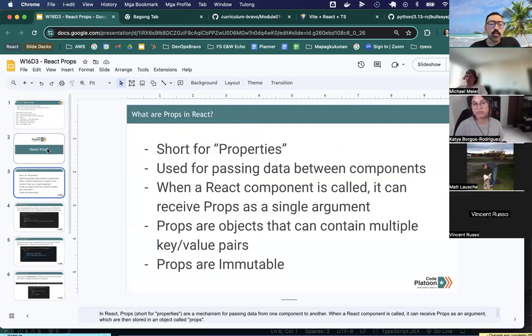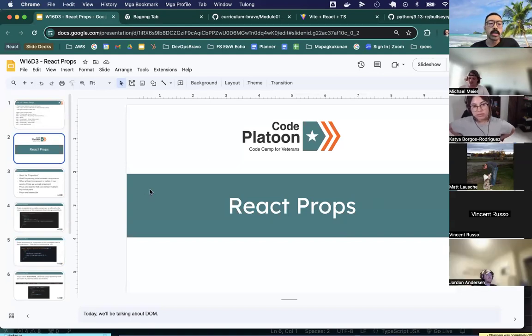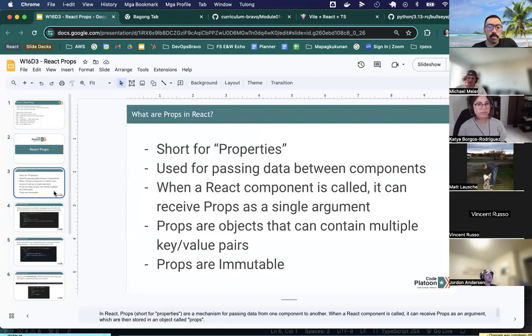All right. So far you all have learned about state in React, right? And you've learned how to set up a React project. Now let's talk about props. Props are essentially short for properties, and they are used to pass data between components